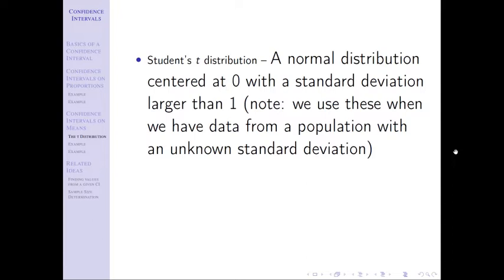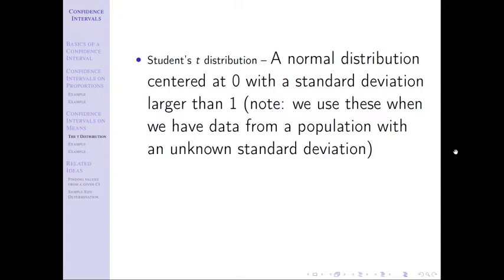Right, and that's what I want to make sure you're understanding, what we're doing and why we're doing this. The whole point of this is we don't know what mu is. If I know what mu is, I don't need a confidence interval, right? And there are cases where that's true because mu is just a mean of a population. I can define the population however it's needed, right? The population might be all students at this university.